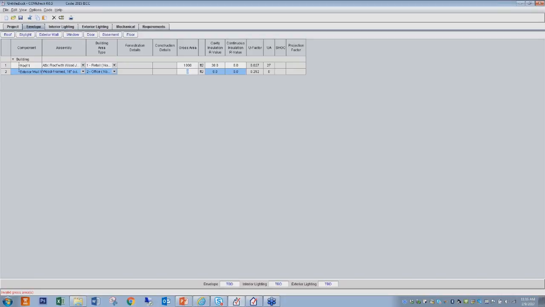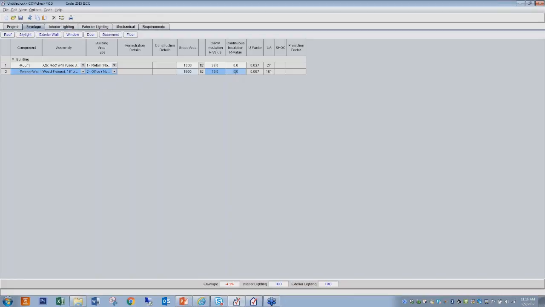If they're not, then I would do each wall separately, and typically with commercial buildings you're defining out your walls separately most of the times anyway, and then the windows and doors that are represented in that wall would be shown underneath it. So I will just put in 1,500, arbitrary number that I've added up a couple exterior walls there. And what am I insulating those exterior walls to? So I'm going to put R19 cavity. Let's say I have some foam board, and I'm going to put,